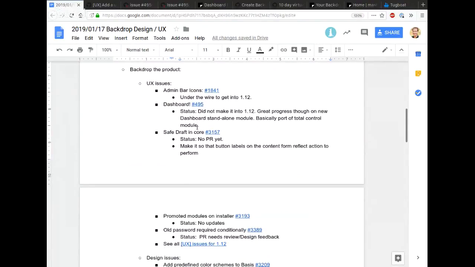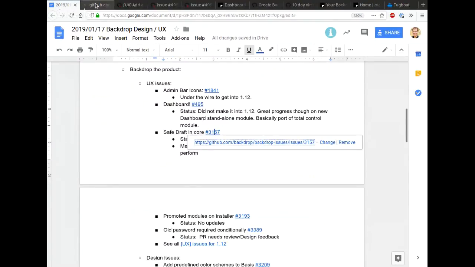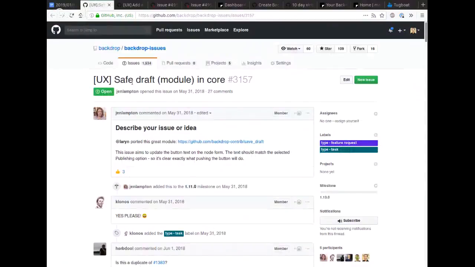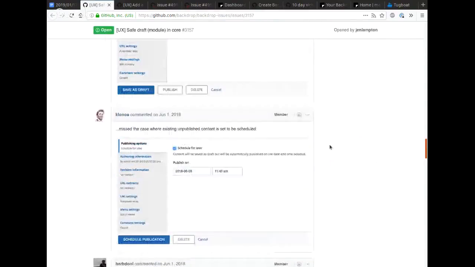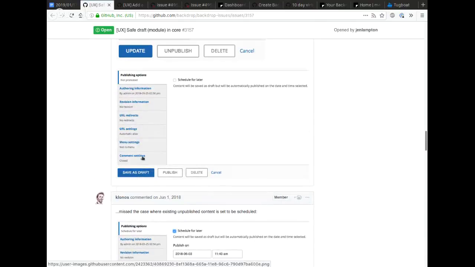Let's see. Save draft in core is issue 3157. This is a really simple proposition. Actually, it's not about saving temporary entity objects or anything like that. It's really just a simple suggestion that we change the submit button on the form as you change the action. Like if you click schedule for later, it should change the submit button to schedule publication or schedule for later. And if you have it checked as unpublished, it should have the button label be save as